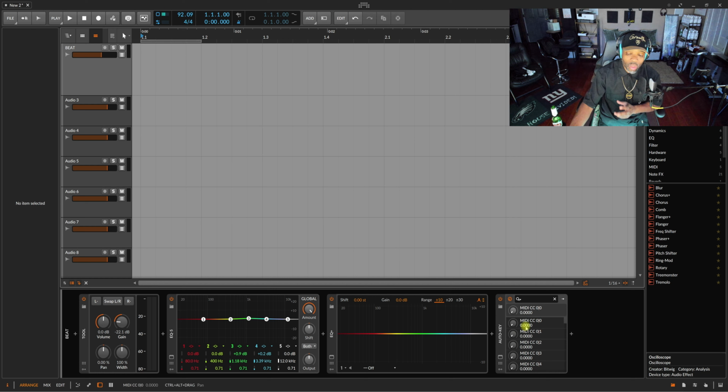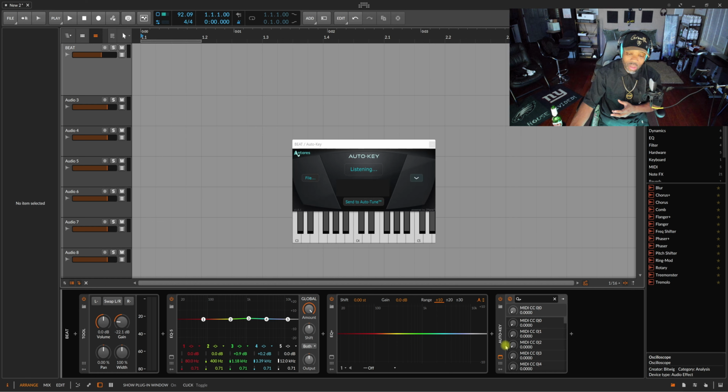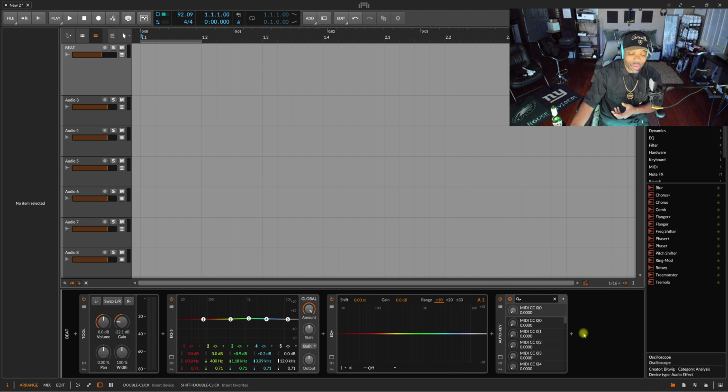Even though Bitwig is already dope with third-party plugins, it relates to them so well, because once you open up a third-party plugin, the buttons are right here. It connects to the buttons of the plugin so well. So when you turn these knobs, it's easy to modulate them so fast and so easy compared to any other DAW. Other DAWs make this very difficult, so that would be a great idea.